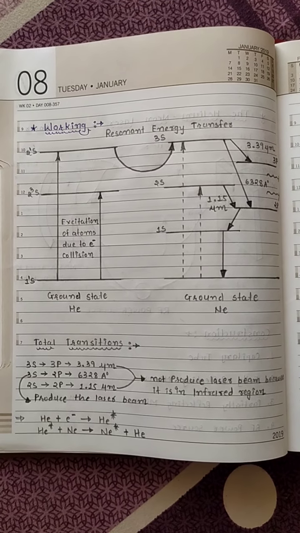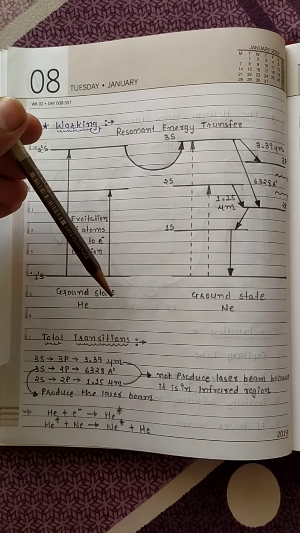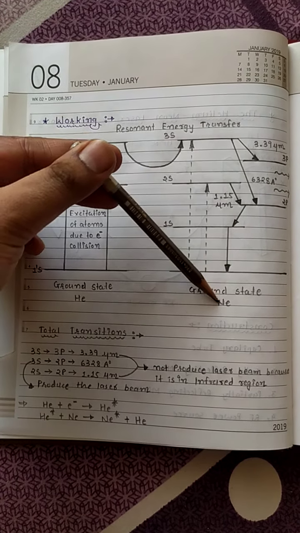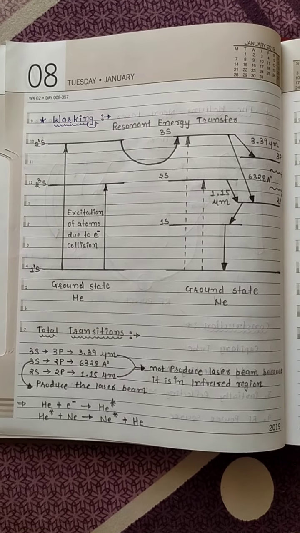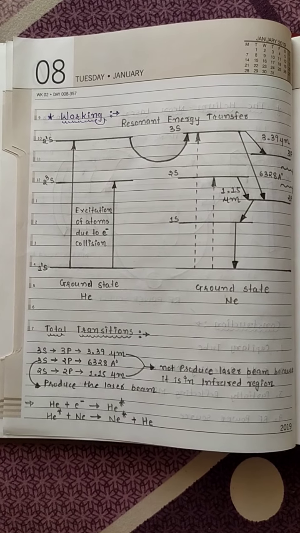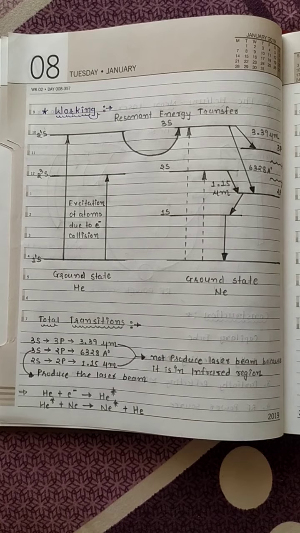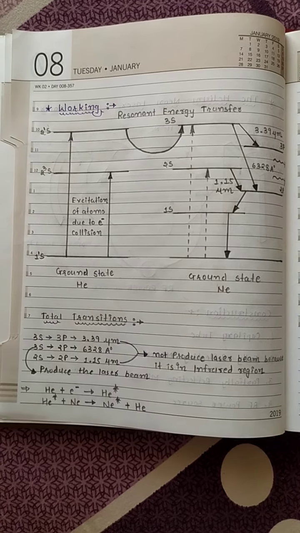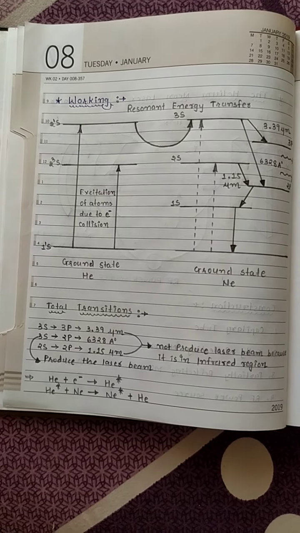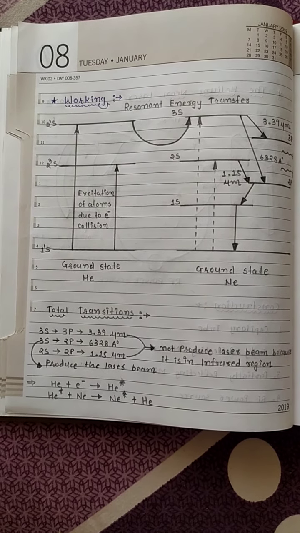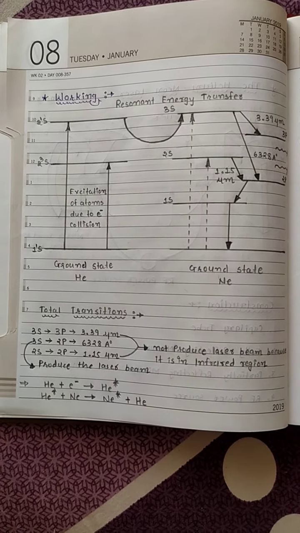Now we discuss the working of this laser. Initially, helium and neon atoms are at the ground state. Whenever the DC supply is given to the helium neon gas discharge tube, or capillary tube, electrons are produced which excite the helium atoms. So helium atoms are excited initially. Why? Because helium atoms are 4 to 5 times lighter than the neon atoms.